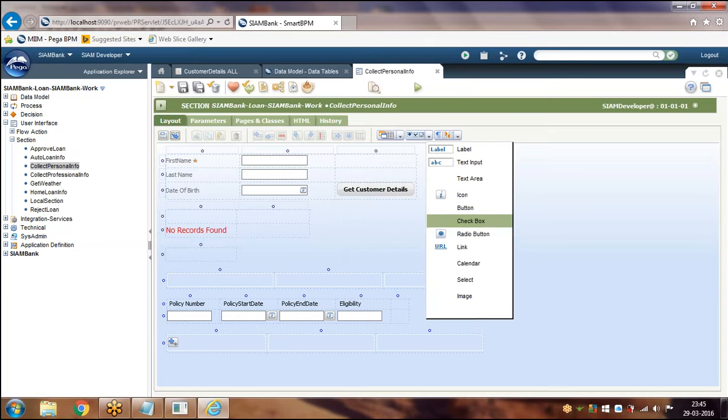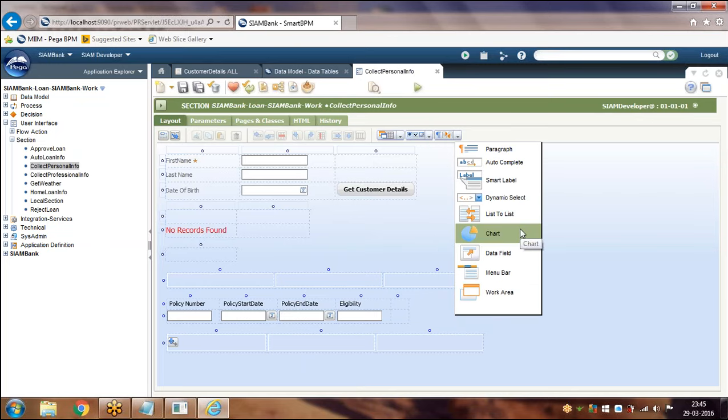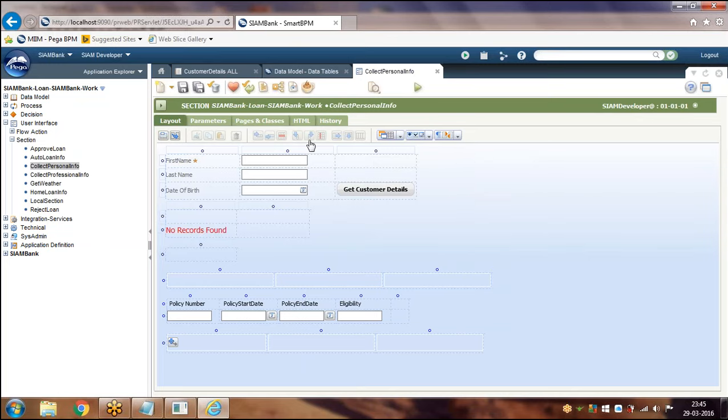You have a control label. You have a control list view. I'll just drop a cell here.